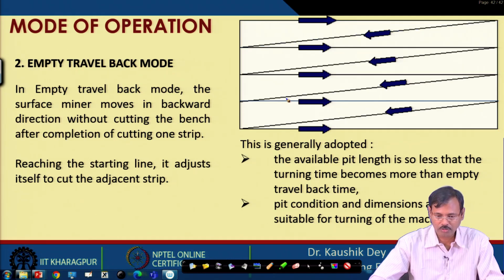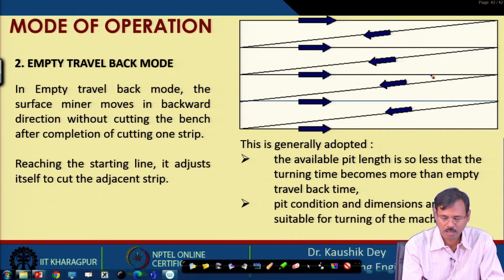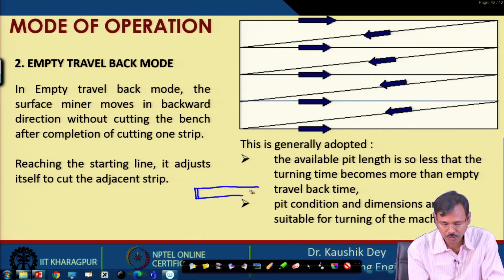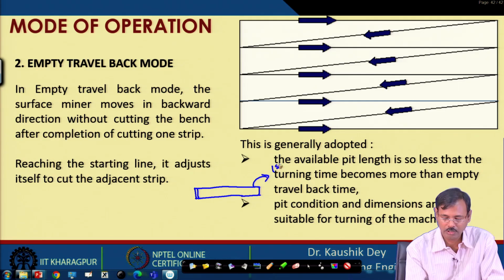So, in the first case this much width is being cut by the surface miner, and in the first travel it cut up to this. So, this area is cut by the first travel,